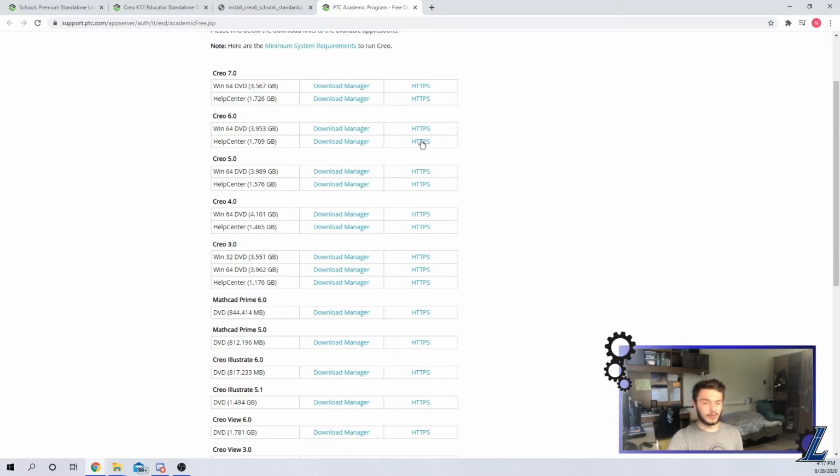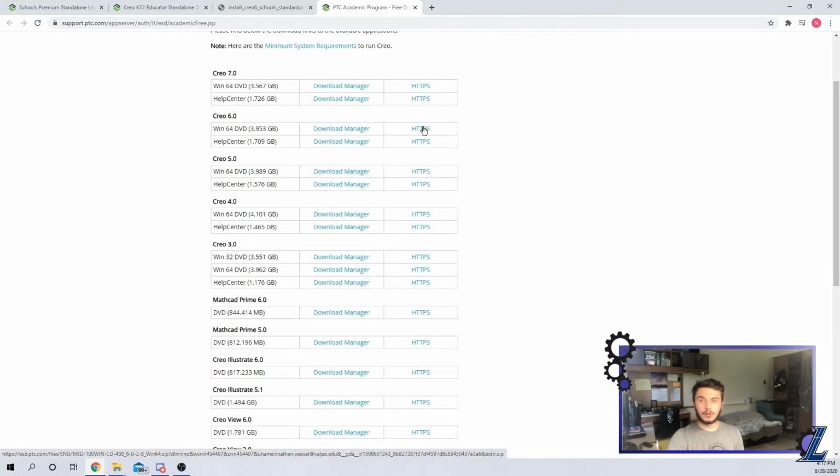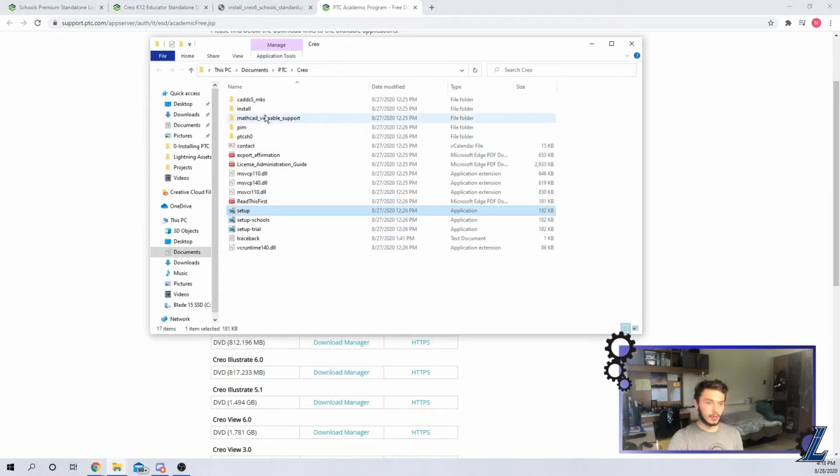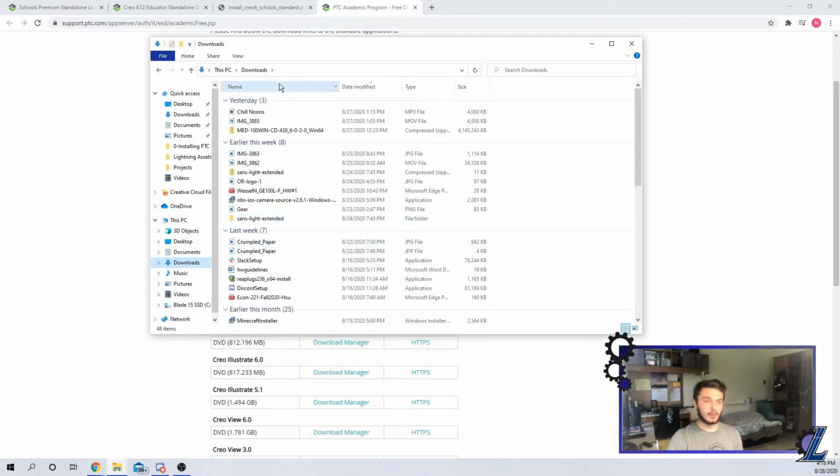And I've never really dealt with the Help Center too much, and I don't really like the download managers. So I'm just going to go to Win64 DVD and go all the way to the right at the HTTPS option. You're just going to click that, and it should start a download for about a 4 GB compressed folder. Now, I already have this downloaded, so I'm not going to do that again, but go ahead, start that download, and once it's downloaded,